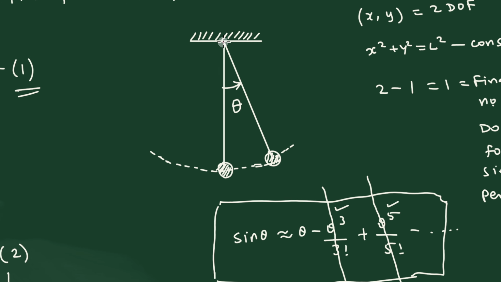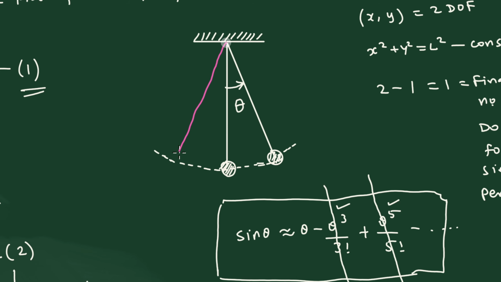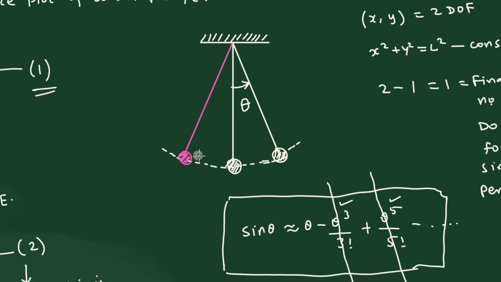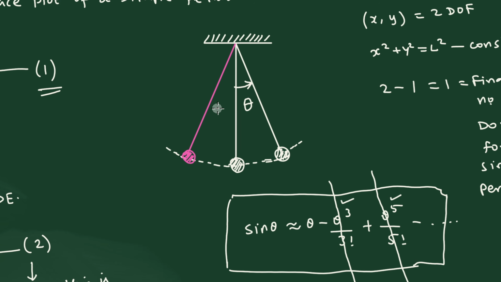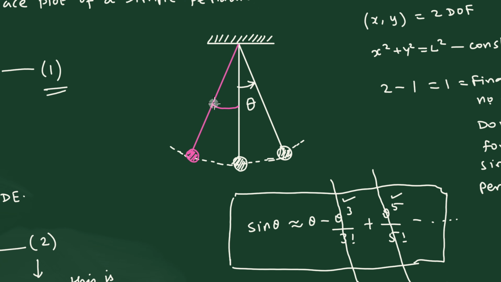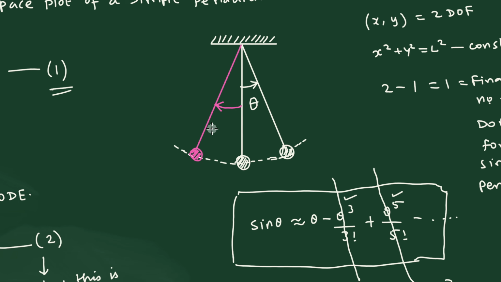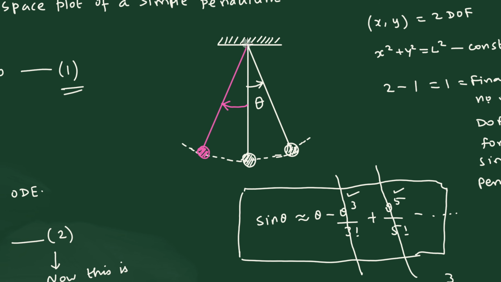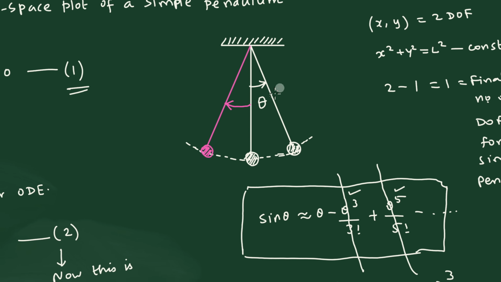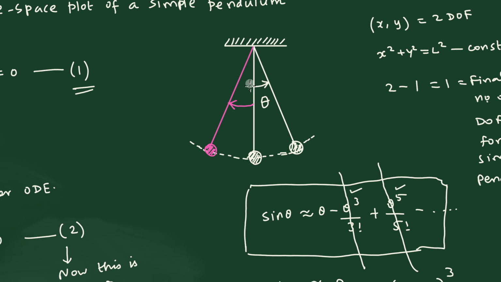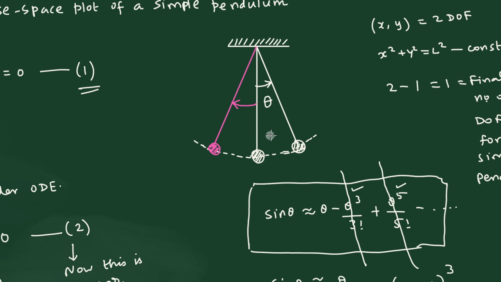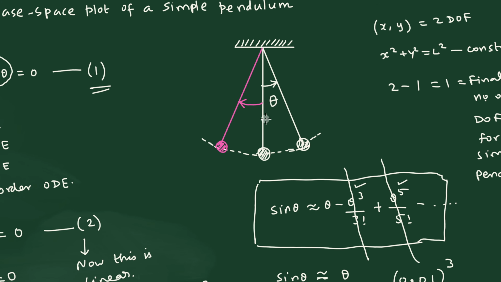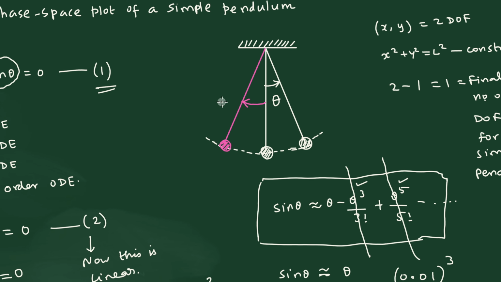Let me show it in a pink color line, for example. Here in the pink color, I will draw a line like this. So here you have the bob. This is the theta that you have. Since theta is measured from the equilibrium position, meaning the vertical line, in this diagram which we have drawn for the simple pendulum, the vertical line corresponds to the equilibrium. Any measurement you make will be with reference to that axis, and therefore the arrow is drawn towards the left side in the pink color.